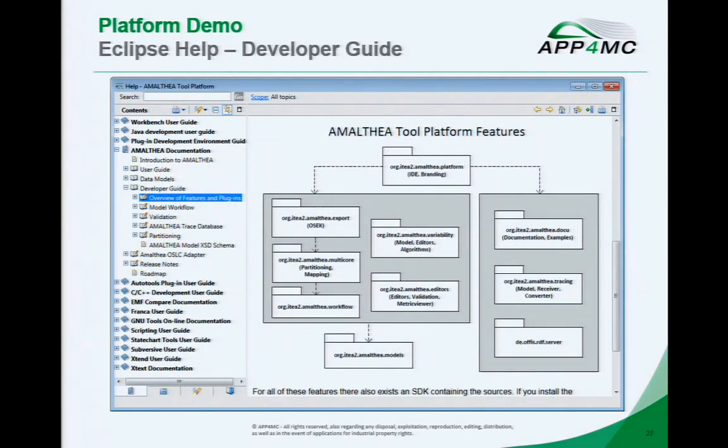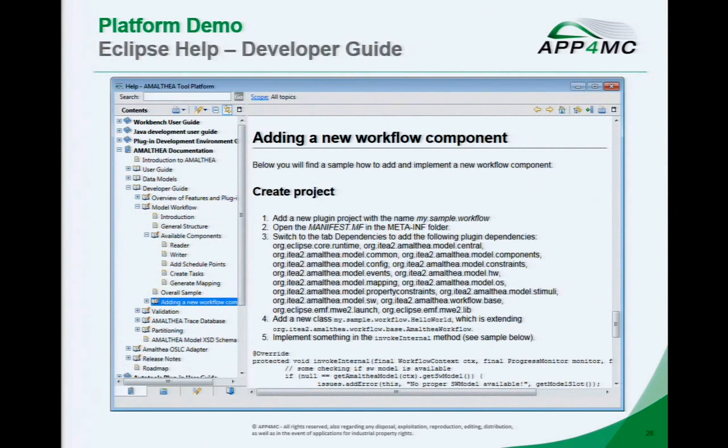And for the developer's documentation, you will see which features we implemented, what plugins are there, and also how to extend this workflow by your own components. In our latest target, we also included a scripting possibility, so EASE is included. So one other possibility next to our workflows will be to add some scripts that do the manipulation.